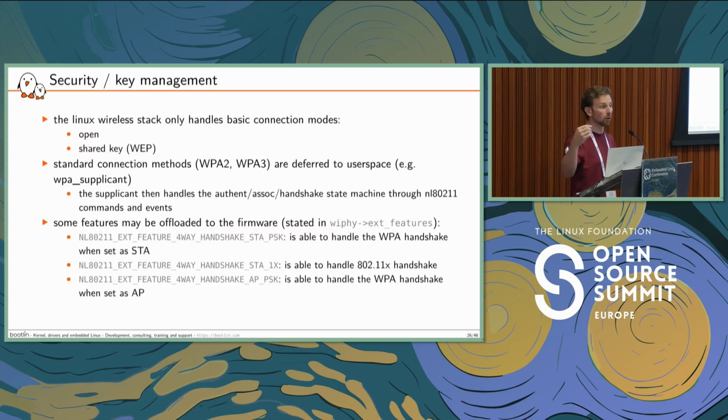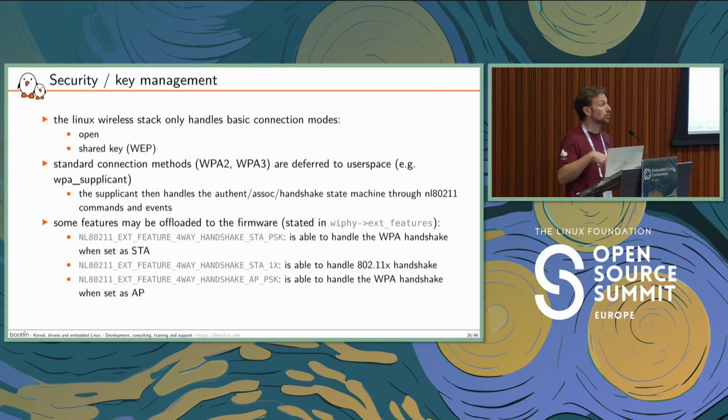So there will be multiple nl80211 netlink messages exchanged between these user space components and the kernel and/or your driver. This is important to know because at driver level, depending on your device, depending on its firmware, it may be able to handle more than the basic operations. So for example, being able to handle the whole WPA handshake.